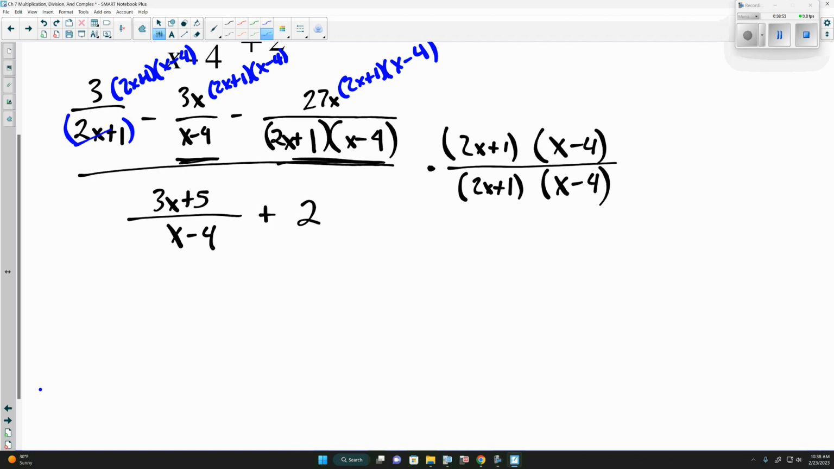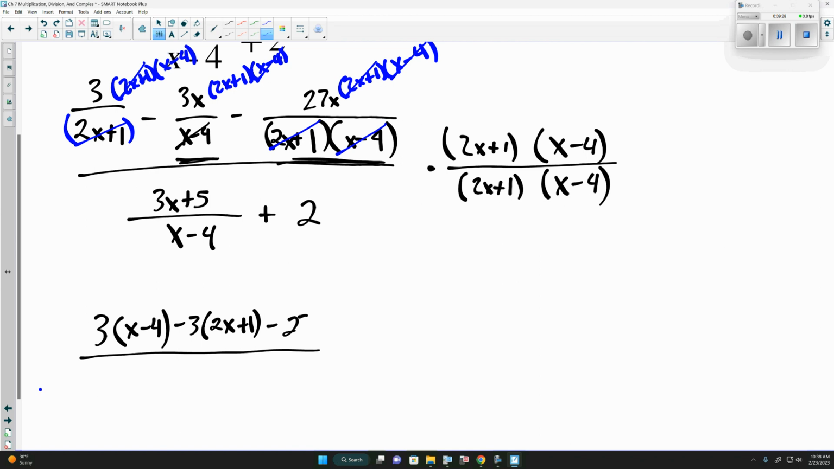this here, because the first one, the 2x plus 1 and 2x plus 1 will cancel out, leaving us with our 3 times x minus 4. The middle one, the x minus 4 and x minus 4 will cancel, leaving us with negative 3 times 2x plus 1 minus. Here the 2x plus 1 and 2x plus 1 will cancel. The x minus 4 and x minus 4 will cancel, leaving us with